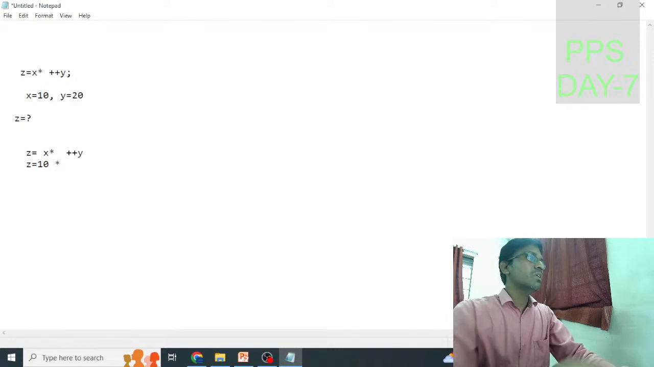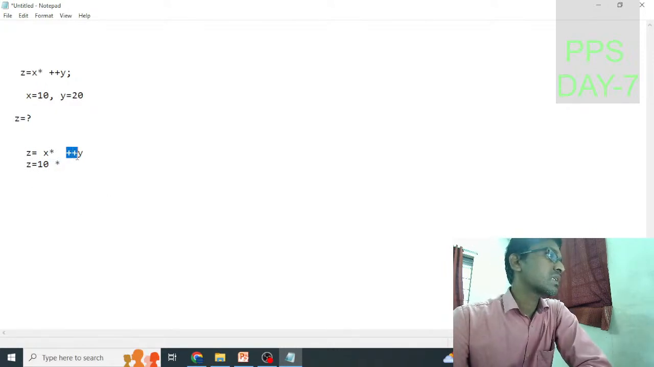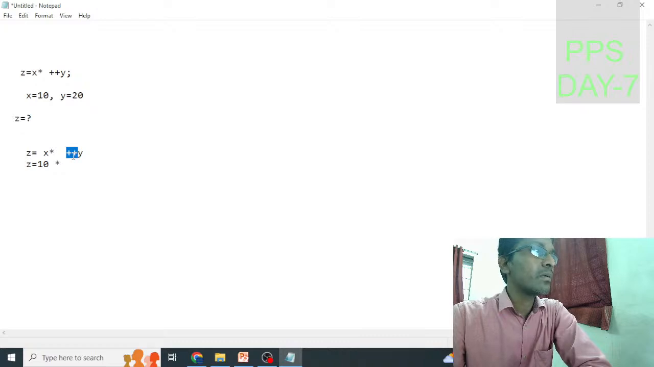So 10 into, here it is a pre-increment operator. The plus plus symbol you are using before the operand, so you are using plus plus operators before the operands. This will be called a pre-increment. That's why the y value will be incremented first. Pre-increment is like you have to recharge your SIM first, then you use it for the entire 30 days of the